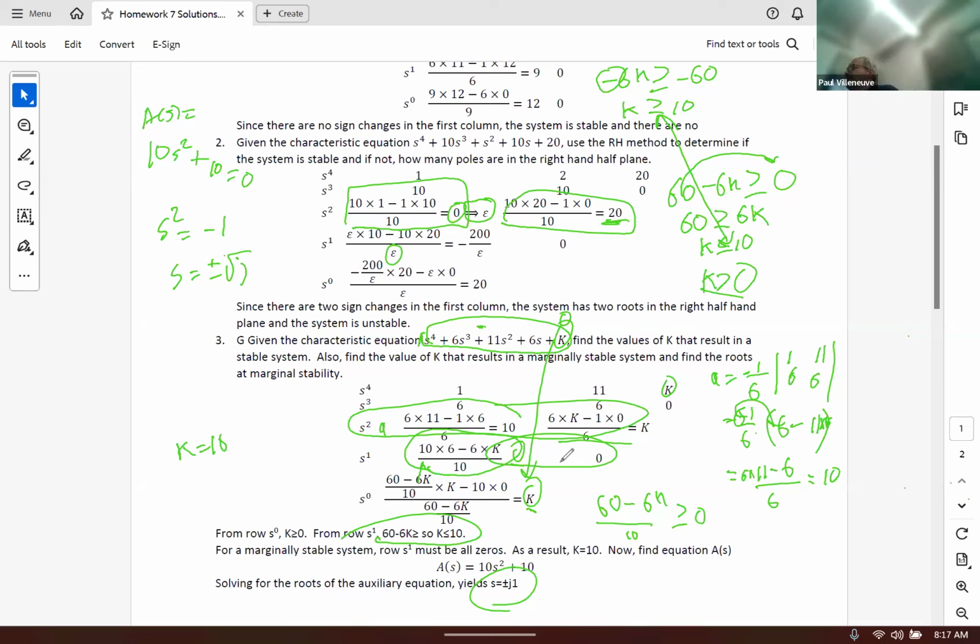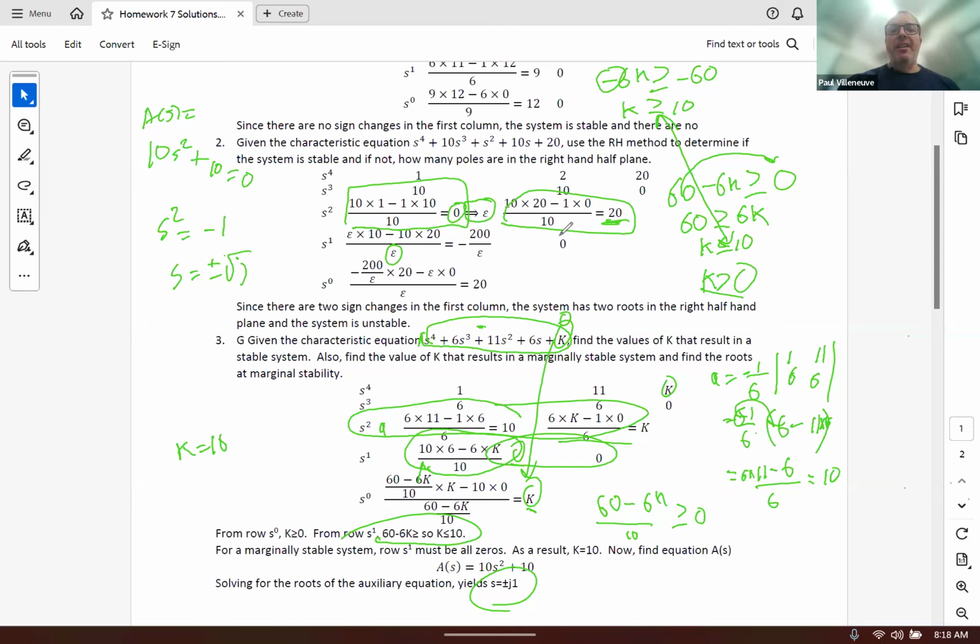The second column should never be E. I never solve